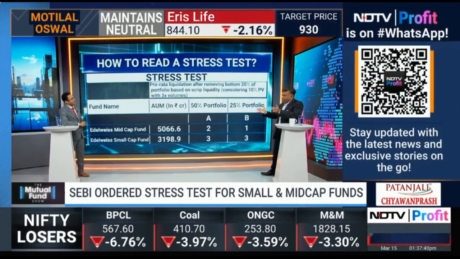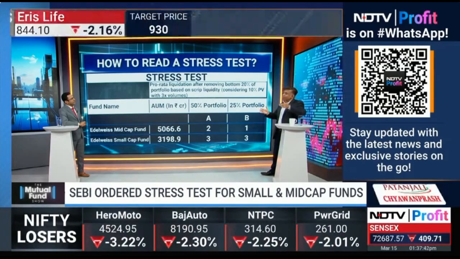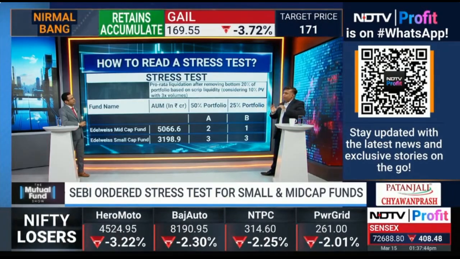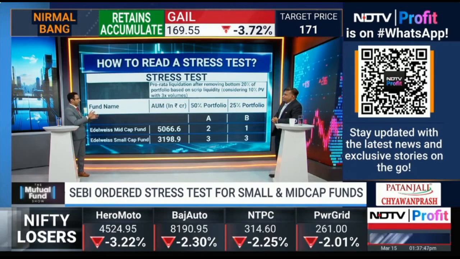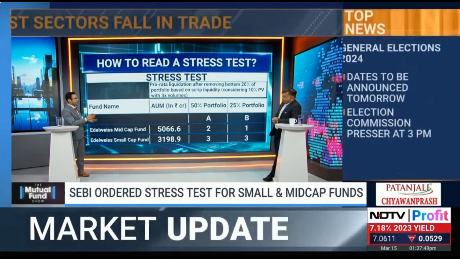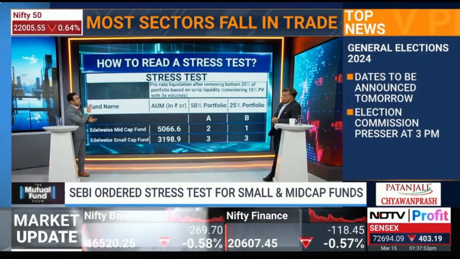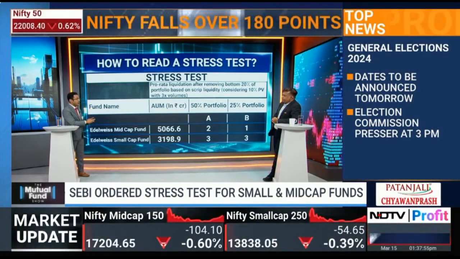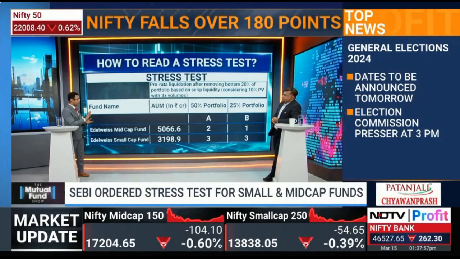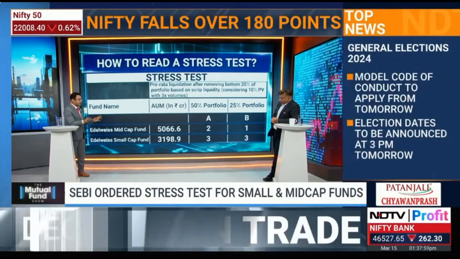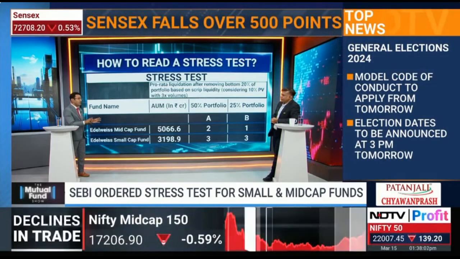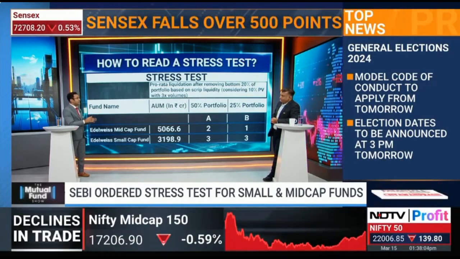I think the middle is fine. The extreme left, which is extremely high, low liquidity, people should be careful about. And the last point on liquidity, and then we'll move to concentration. Do you think that this hypothetical situation, where you're seeing 25% of redemption, has never happened in the history of the mutual fund industry, and that includes 2008. Is this a little too conservative?